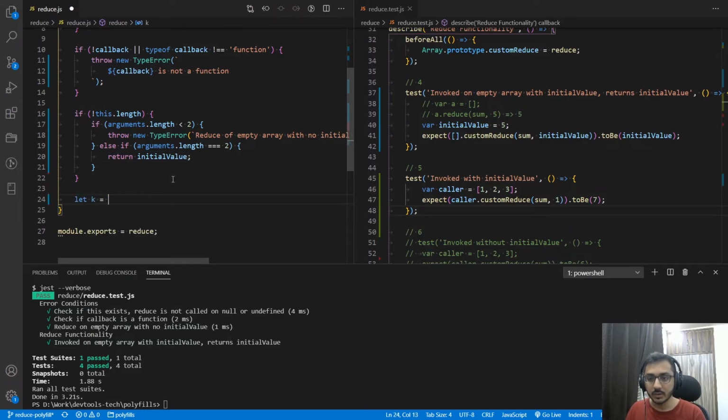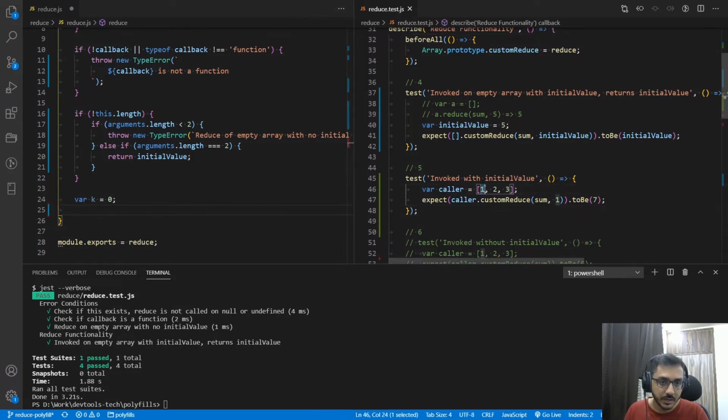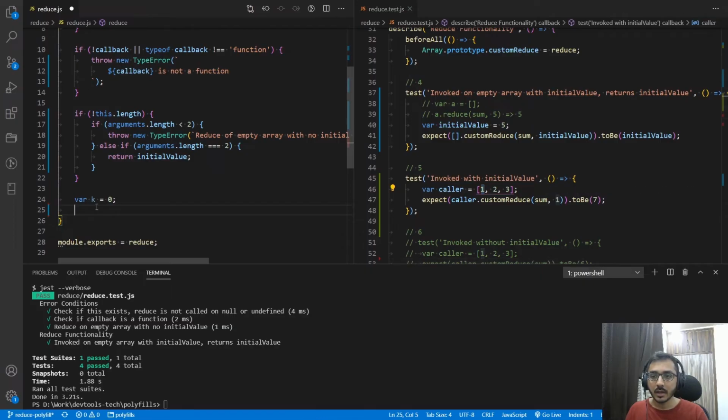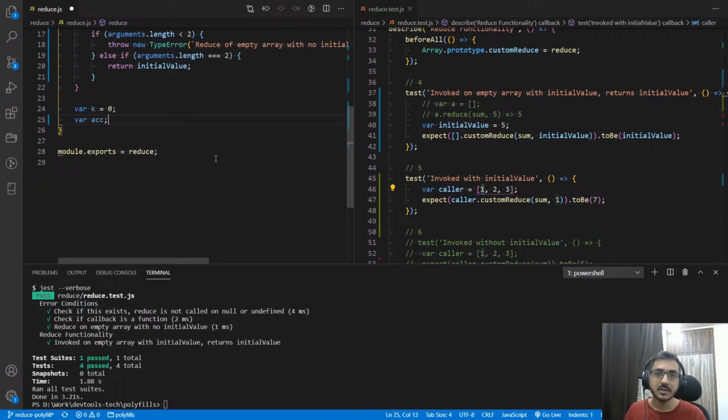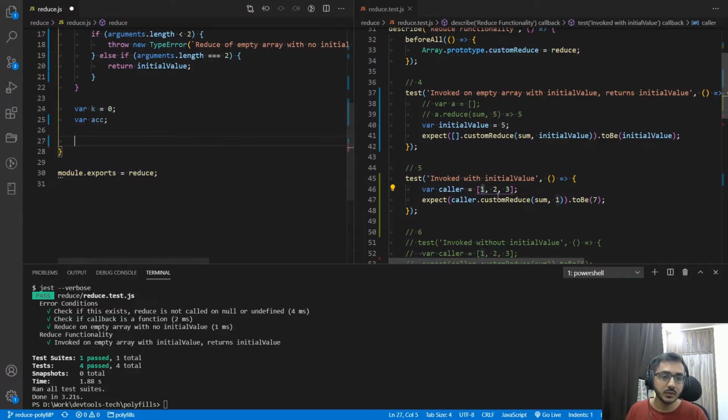So let's see how we can do this. Let k equal 0. Since we are doing a polyfill, let's not use ES6. Here k equals 0, where this 0 represents the first index of the array, and we have a variable acc, which is the accumulator. Basically this would be the final value of the reduce.